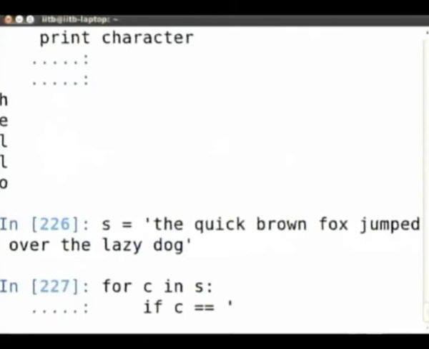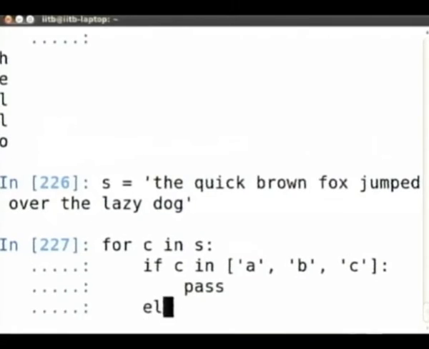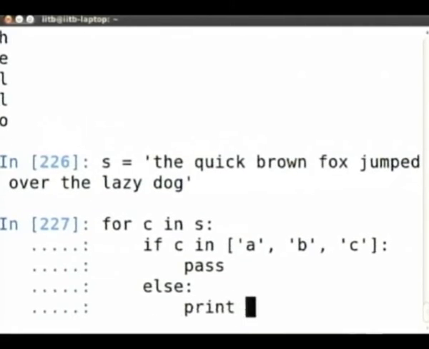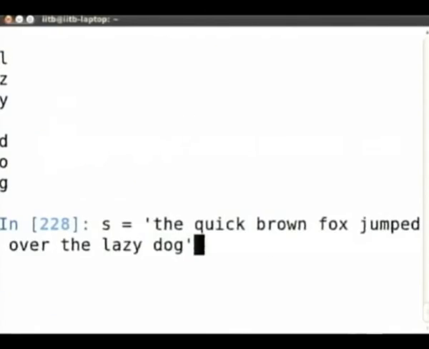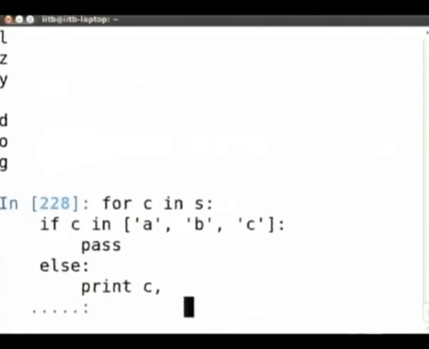if C is, I am combining both the things that we learned. And make it a little better to print.